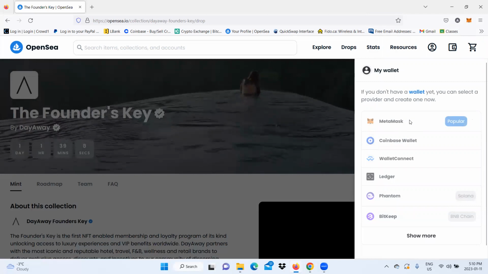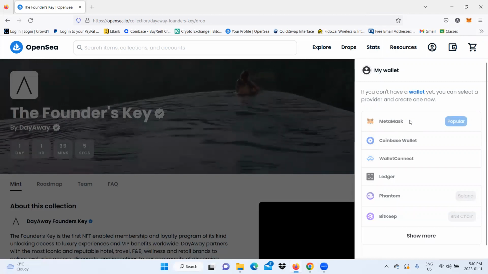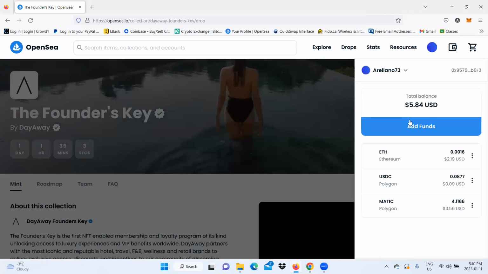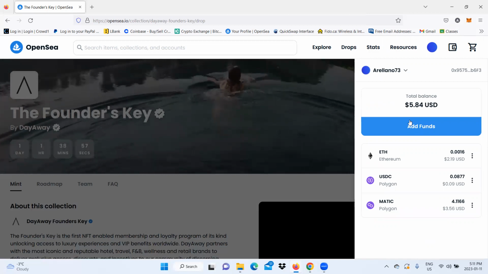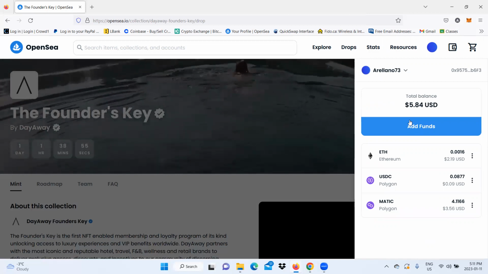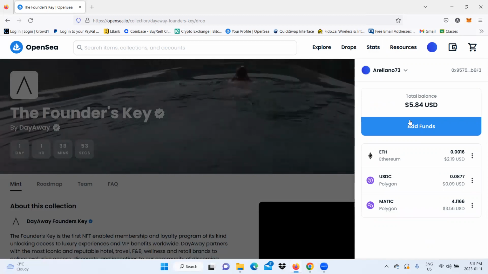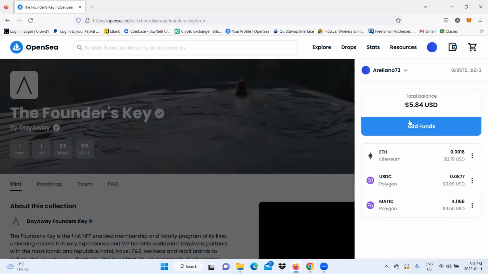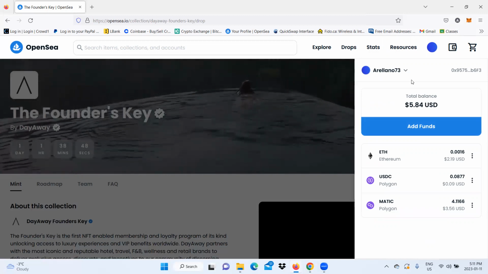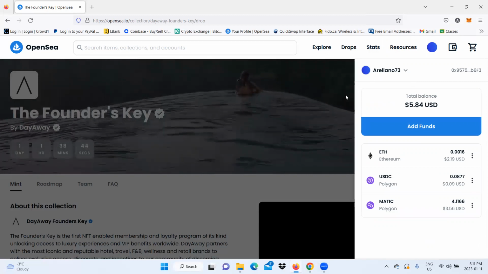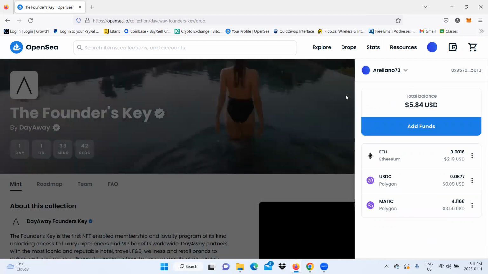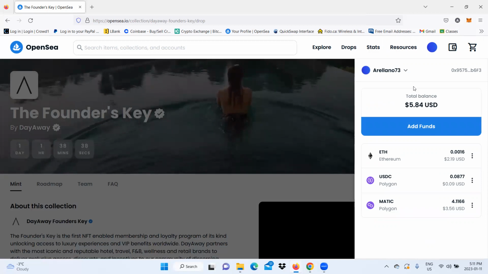So if you guys are not sure what OpenSea is, actually, I should have explained this in the beginning. OpenSea is a place where you buy NFTs, sell NFTs, and trade NFTs. And you can also create your own NFTs. OpenSea is an NFT marketplace. So we're already here. I've unlocked my MetaMask account and I've connected my MetaMask to my OpenSea. So now it's connected, and